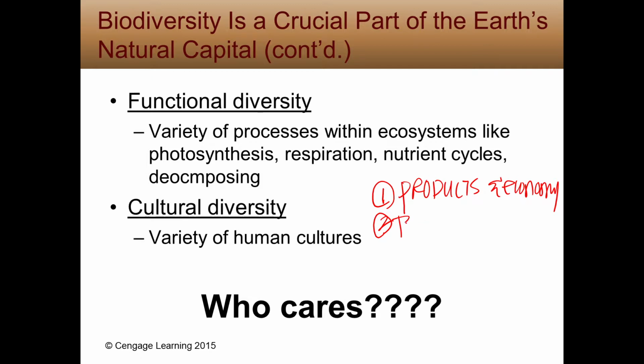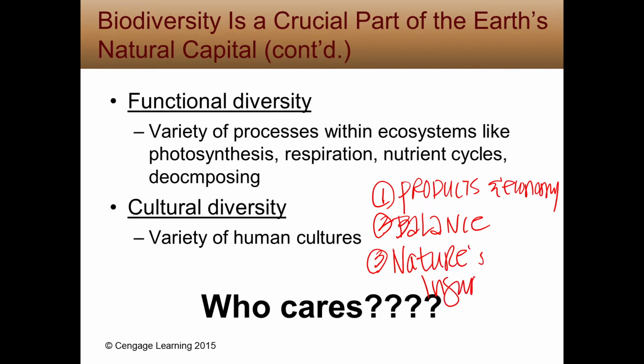The next one is balance. You can write next to that free recycling, water purification, pest control. If you have bats in your yard, which I know creeps out my kids, might creep out you, but that's mosquito control. We like the bats in our yard. Keeps the mosquitoes out. And then the third reason, we're going to say nature's insurance policy. If you know anything about the Irish potato famine, you know that in Ireland, a long time ago,